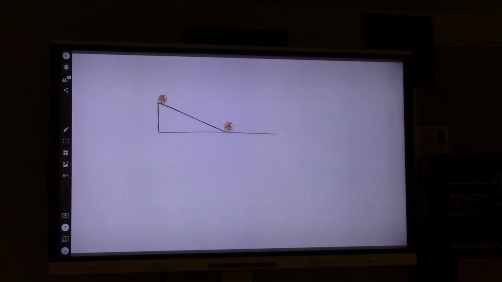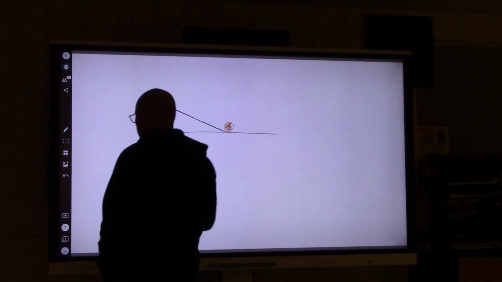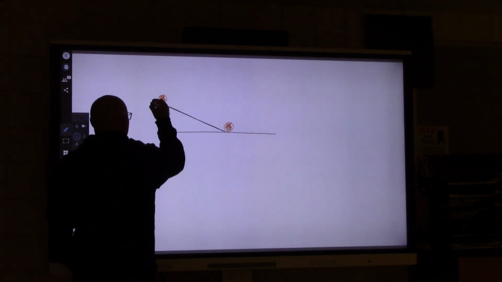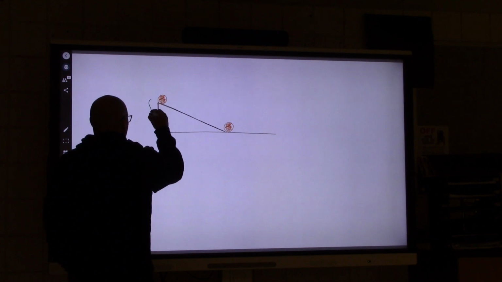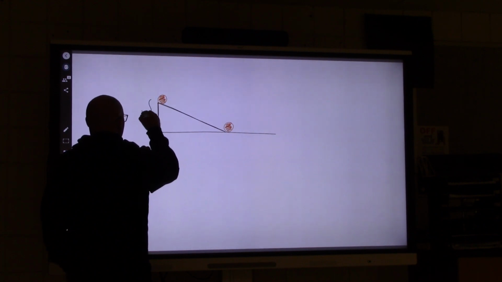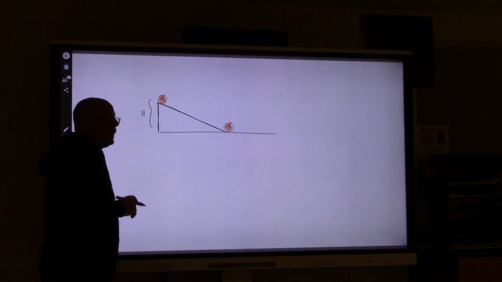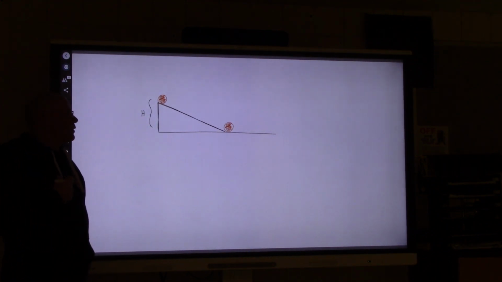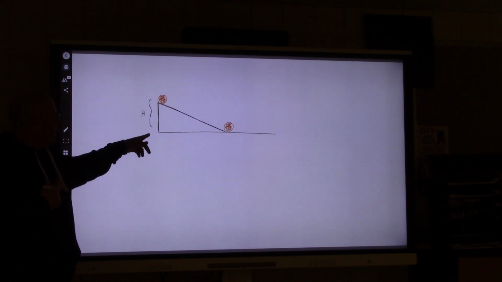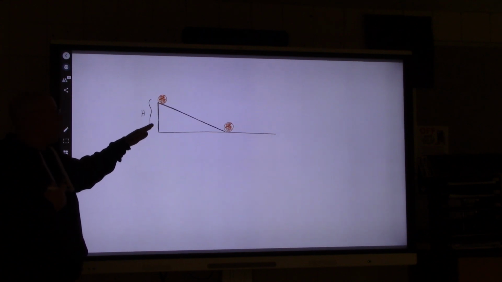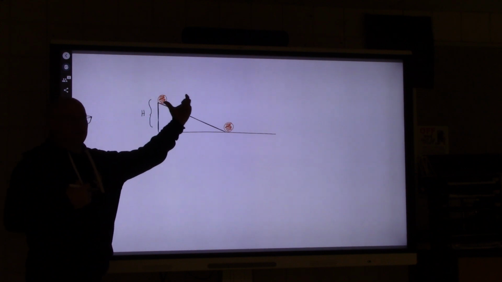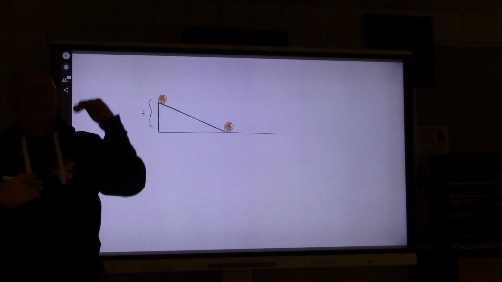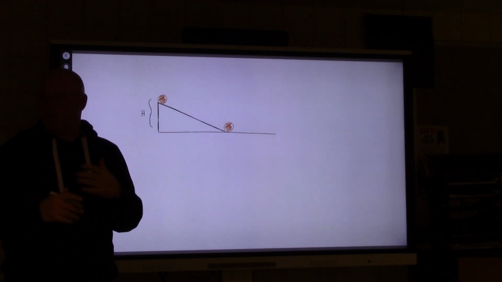So what I would like to do is write a statement that describes the linear velocity in terms of the height. Now, you'll notice the way that I drew the height here, I didn't draw it all the way to the ground because I'm drawing it from the center of mass of the disk to the center of mass of the disk. I could go from the bottom of the disk to the bottom, or the top to the top, and it's center to center. Does that make some sense?